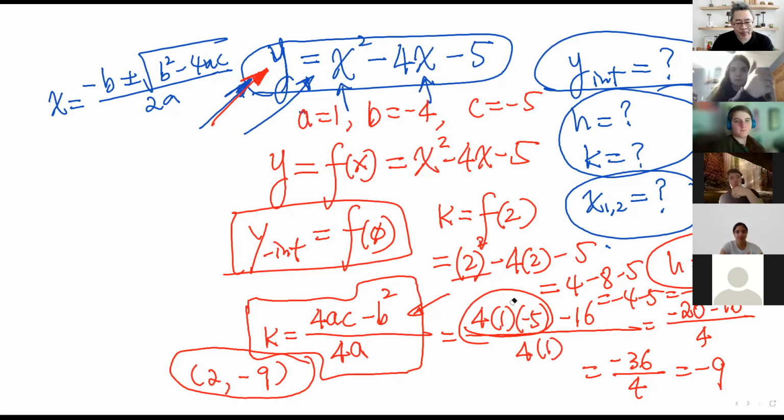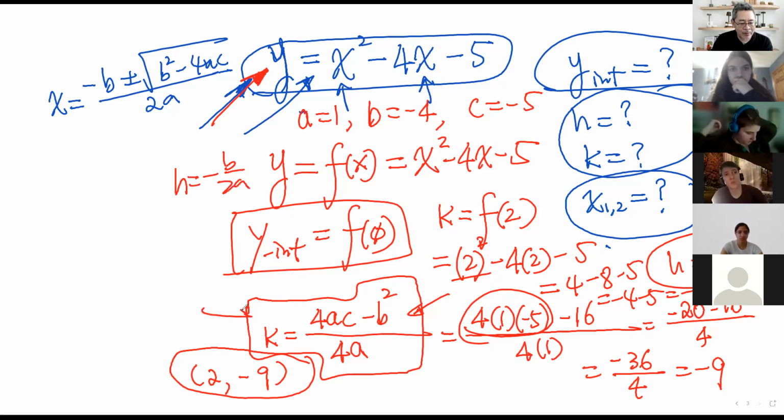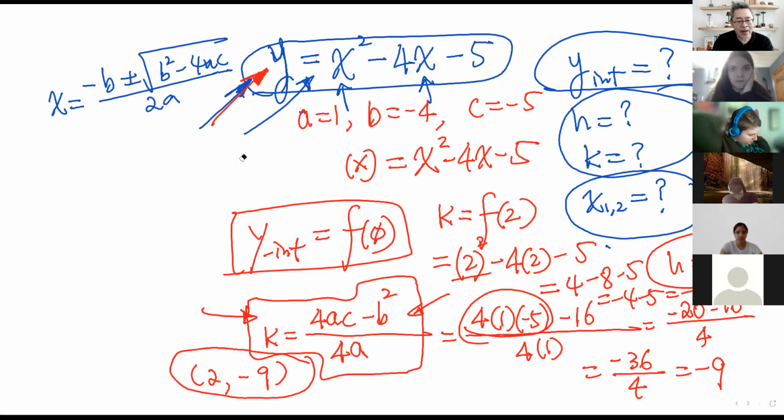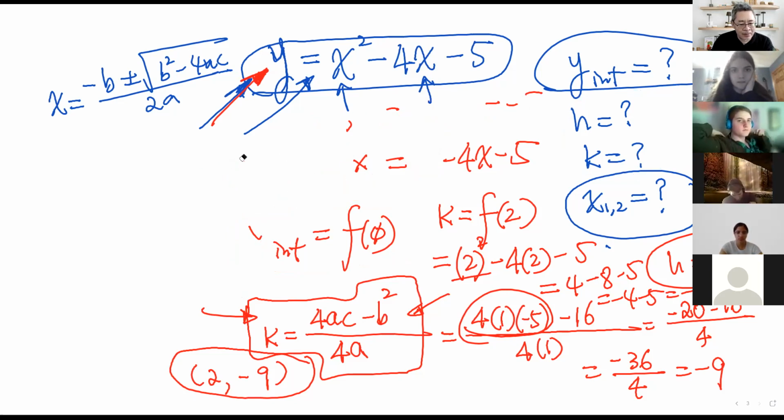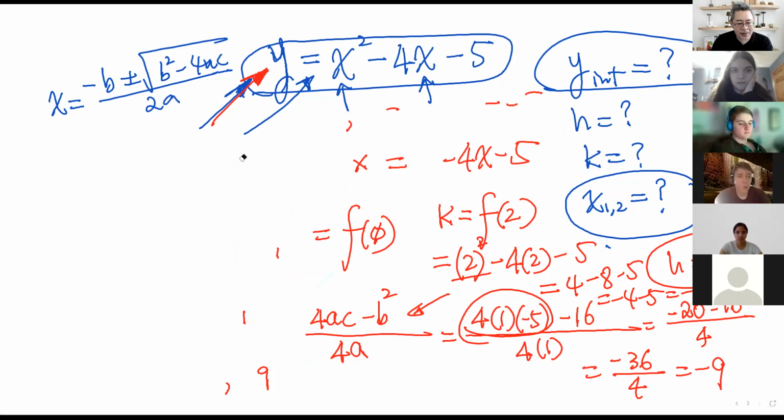And it also helps you not to memorize extra things. All you actually need to remember is the h. H is minus b over 2a. You don't have to memorize the formula for k. You just plug that in. So we have that. Then we need to find